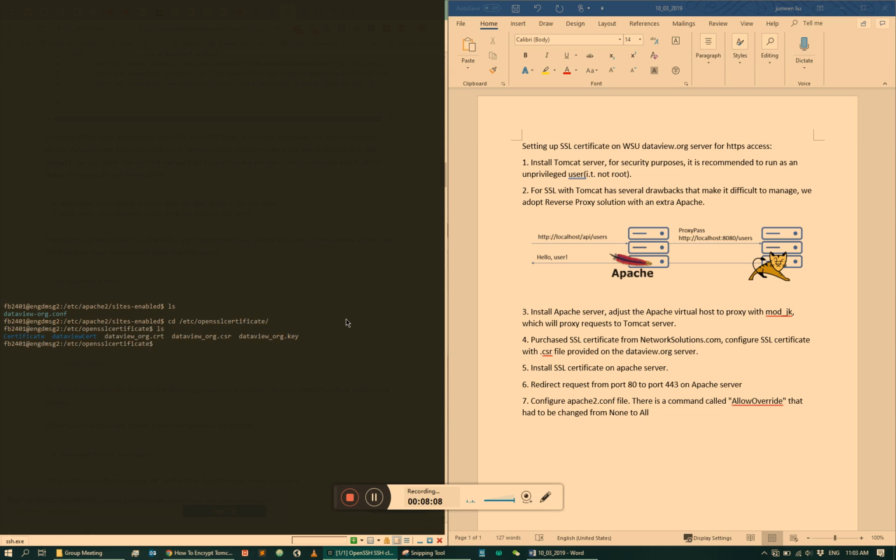Because we are working together with Wayne State IT, they helped us generate this CSR file as well as a key file. I think we are able to generate these files ourselves with the command line as well, but it's good they have already provided them, so we can use this one directly to configure the SSL